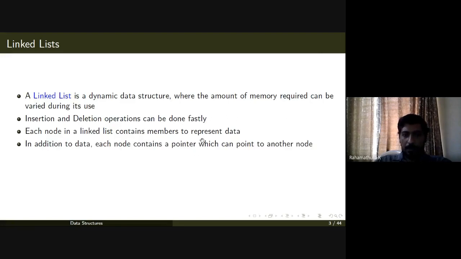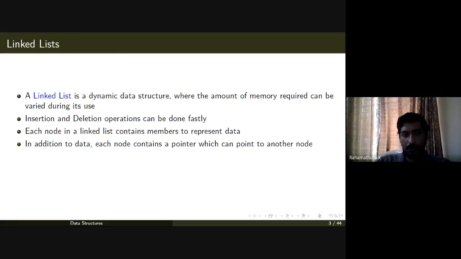In addition to the data member, there is another pointer in a node, which is a pointer to the node itself, or which can point to another node. That's how this linked list structure is established.